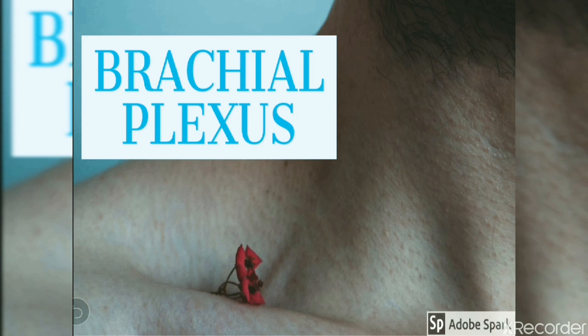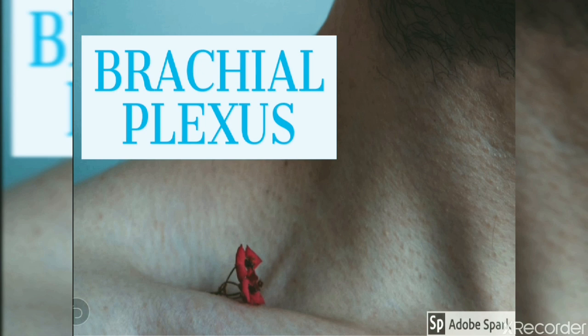Now there are some networks of nerves formed at different levels of the spinal cord, and one of these networks is the brachial plexus. What do we mean by the word plexus? Plexus means a network of nerves. So, the brachial plexus is a somatic nerve plexus, or somatic network of nerves, and it is formed by the